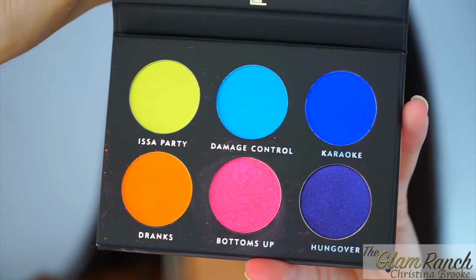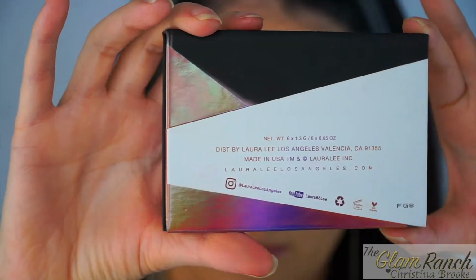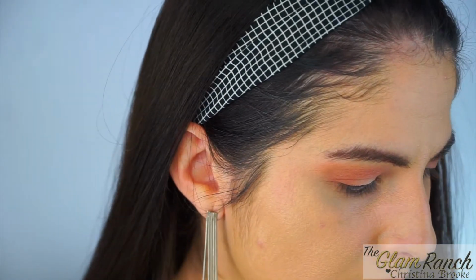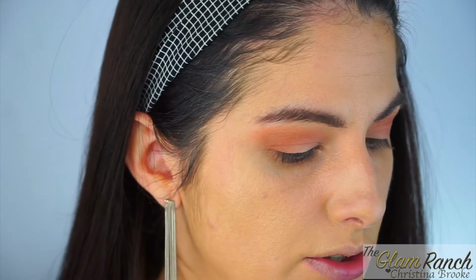So it says that this is the Laura Lee Los Angeles Party Animal eyeshadow palette. These 6 stunning shades create bold, colorful looks, leaving you ready for a night out of fun, and it retails for $19. Now, how am I gonna do this? What am I gonna do? Should I do orange or should I do...